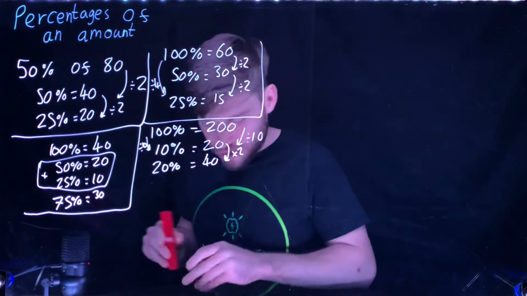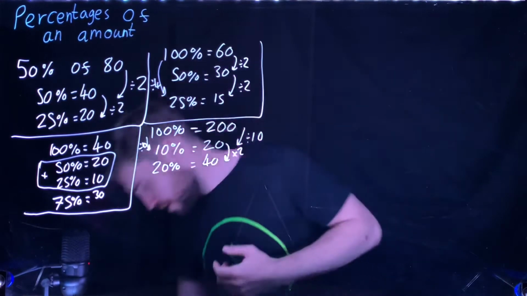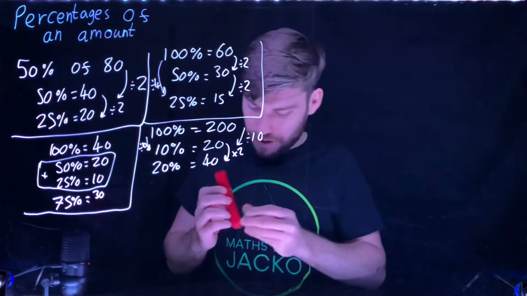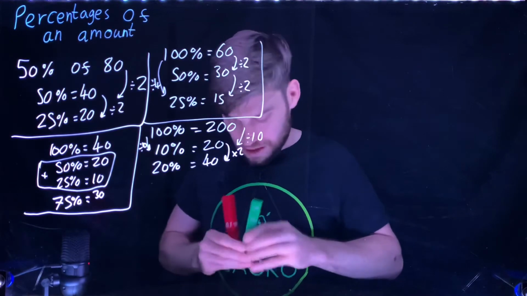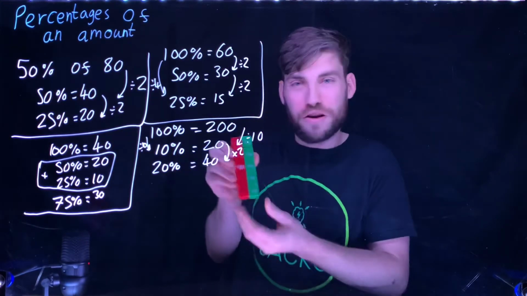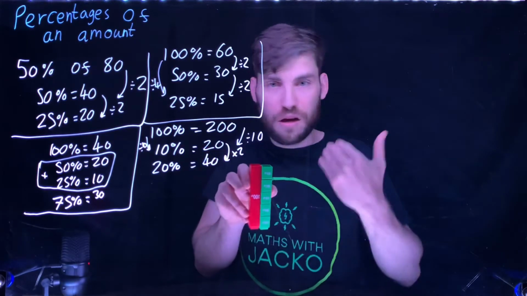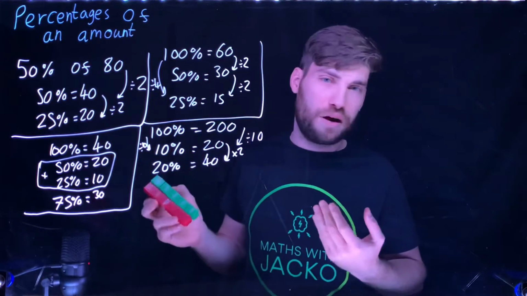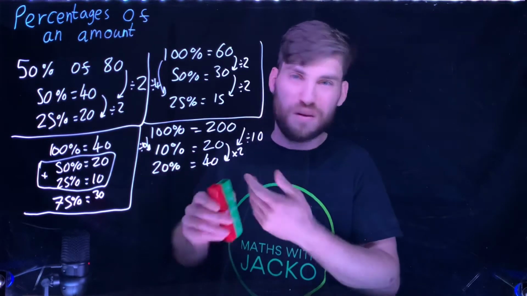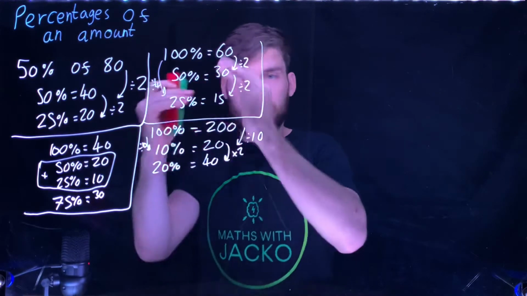As well, what you could also do is go straight to 20%. Oh, I'm dropping my blocks. Right. How many 20s are in, sorry, it's a bit fiddly. How many 20s are in 100? Well, 5, okay? There's 5 20s in 100. So we can go straight to 20% by dividing by 5. You could have done 200 divided by 5. But it doesn't matter, if you don't remember that, just remember, well, I've got 10%, so then I can find